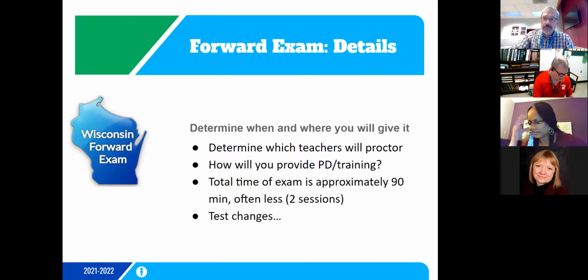So I know in some cases in the past, it's been the social studies department that has done this. I can't imagine that you would want to do this on Aspire Day because Aspire is actually longer than the ACT. But that's an option if you want to do that. And so again, thinking about who is going to help, when you're going to do this, who is going to be involved, will provide you then with who needs to do the training for proctoring this.